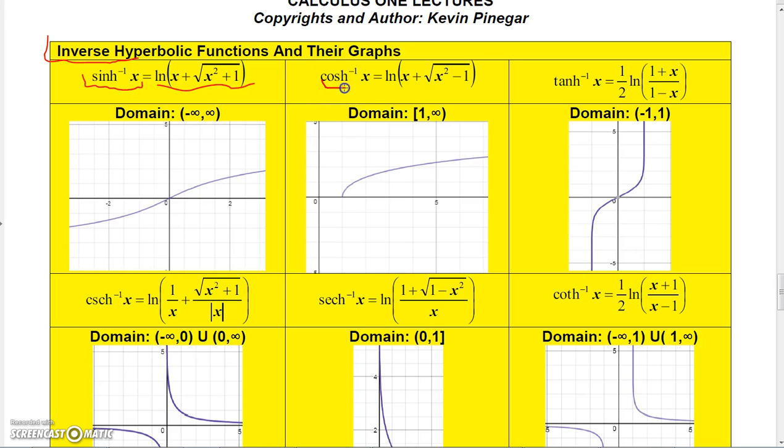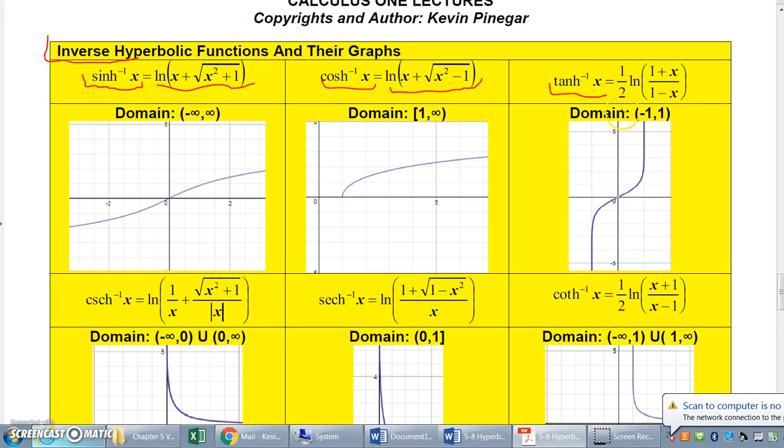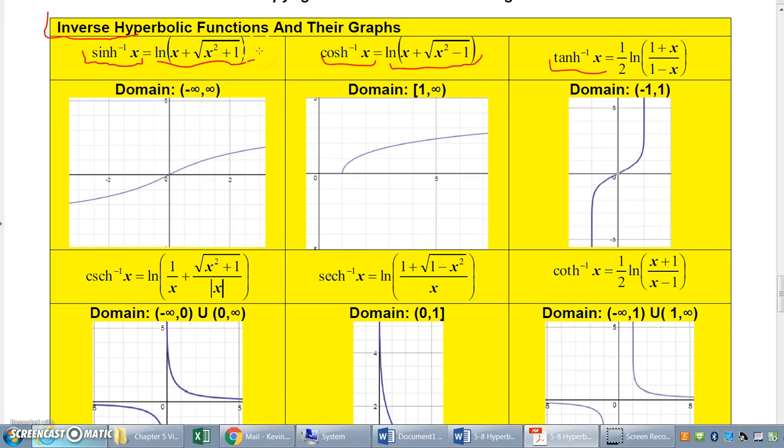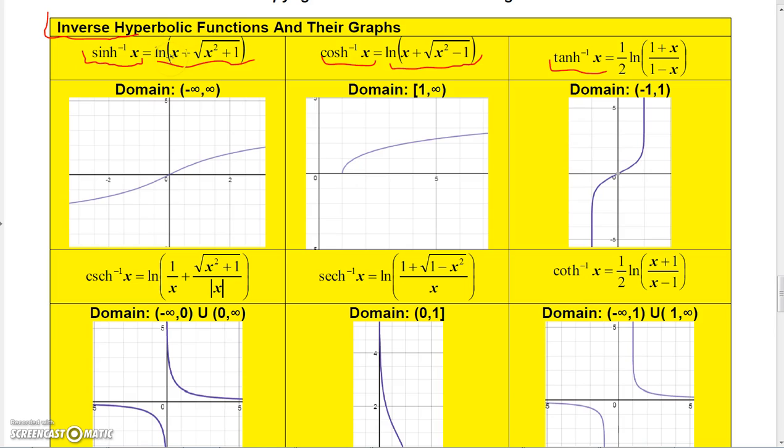The inverse hyperbolic cosine function, or the inverse cosh function, is the natural log of x plus the square root of x squared minus 1. And for the hyperbolic tangent's inverse, that's 1/2 times the natural log of (1 plus x) over (1 minus x). And so if you wanted to graph these on a graphing utility, you could actually graph these natural log functions,